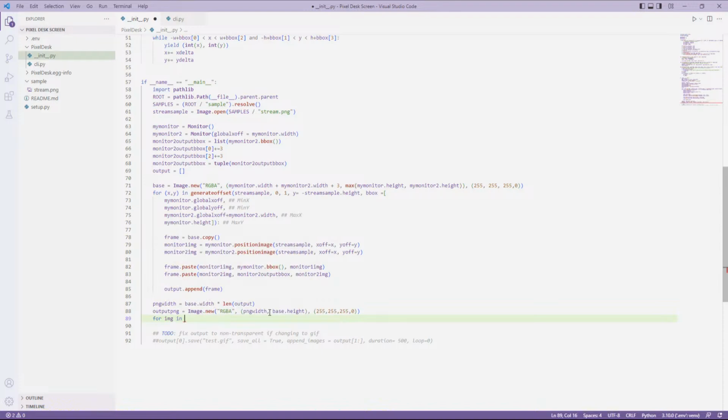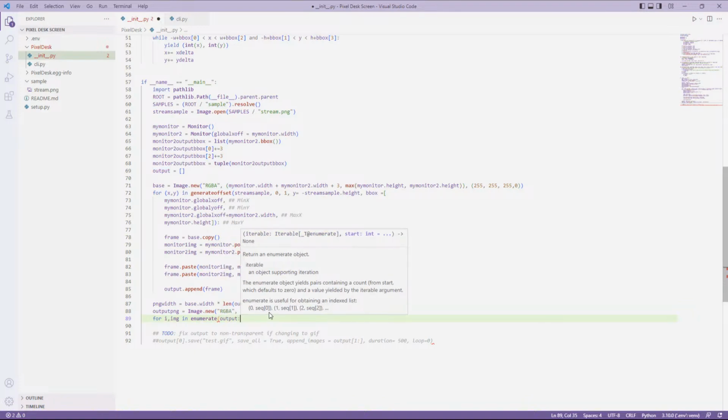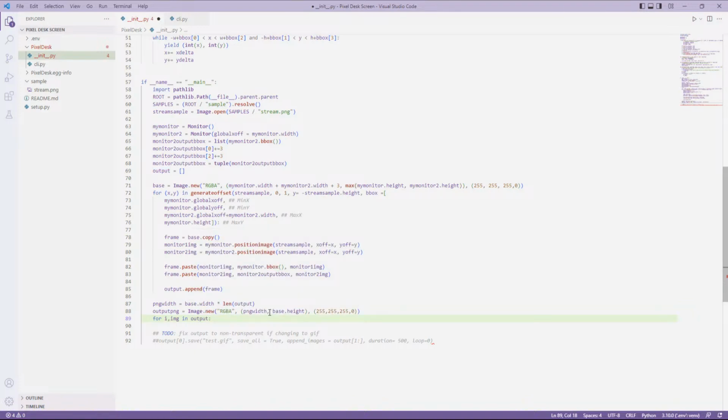And then that is going to be output PNG. For image in output, for i, image in enumerate. Actually, no. So there's a number of ways to do this. In theory, all of these output images are supposed to be the same exact size. Otherwise, we could keep track of our X index. I think I'll do that just to be on the safe side. So x equals 0, x off,